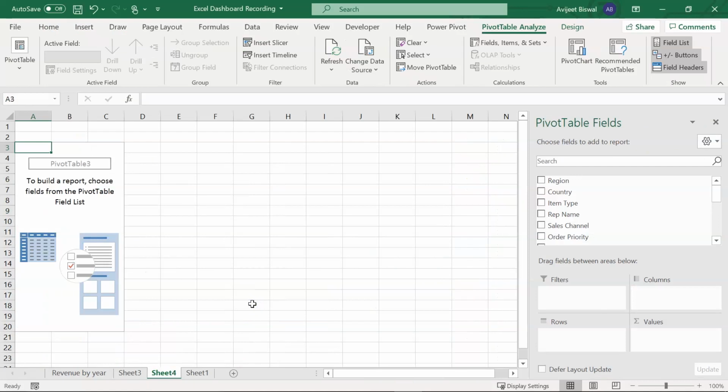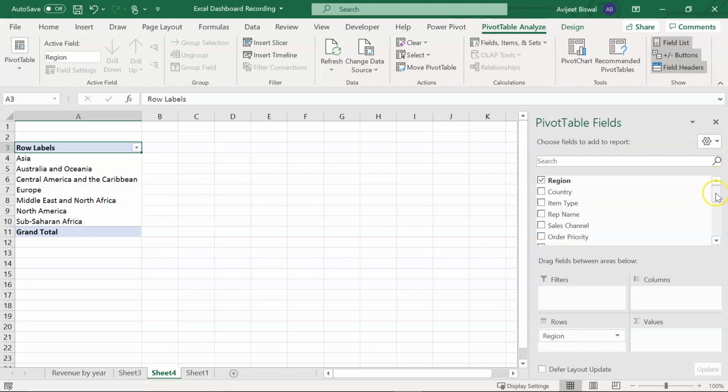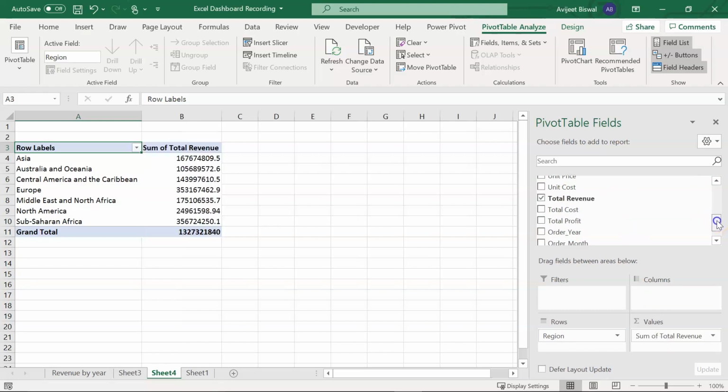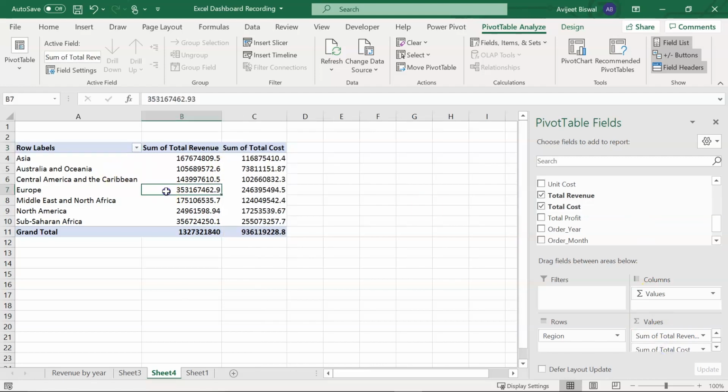Alright. So for this, I'll select my region onto rows, and then I'll have two columns under values. The first one is going to be total revenue, and the next column will be the total cost column. Alright, so here we have the pivot table ready.